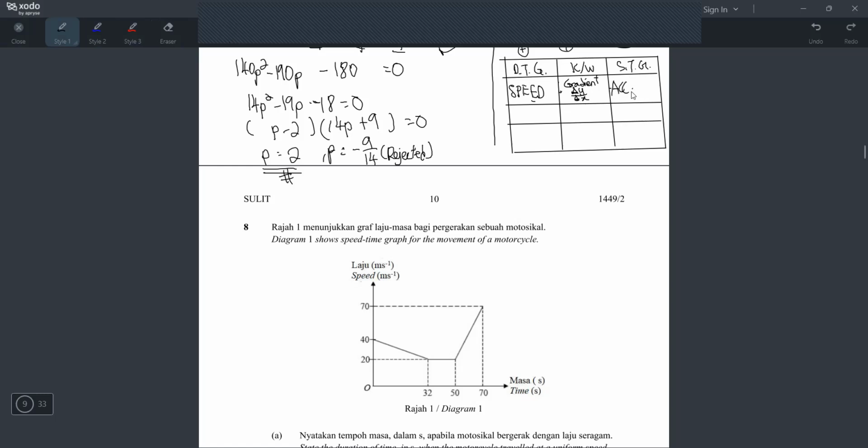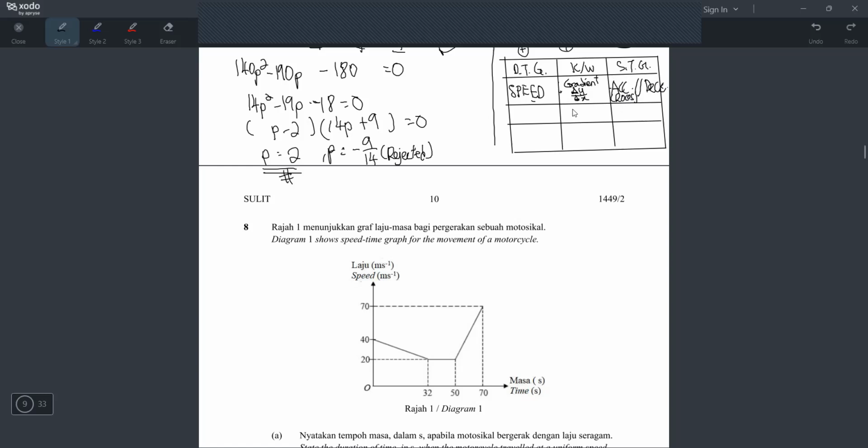Okay, and acceleration apa nama lain dia? Rokos, rate of change of speed. Sometimes in exam they will ask this. Acceleration nama lain dia apa? Rate of change of speed. And then you also have another one, we call it deceleration. Acceleration is when your gradient is positive. But if your gradient you get negative answer, then it's deceleration. And remember Rokos is the other name for acceleration. It's the same thing.